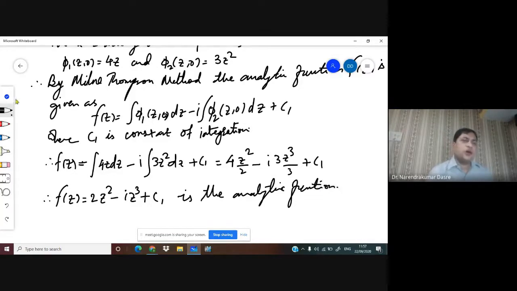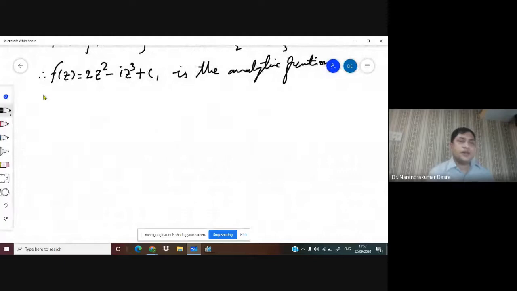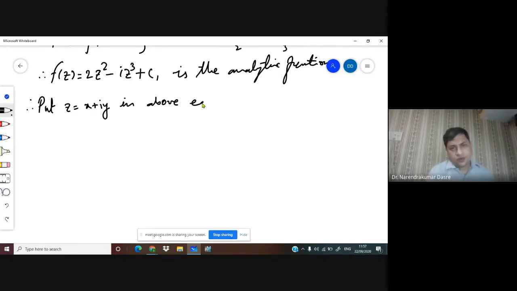Okay, so now we got the analytic function, and hence we have to separate the real and imaginary part of this analytic function. So what we can do is, next step, put z is equal to x plus iy in the above equation. We get